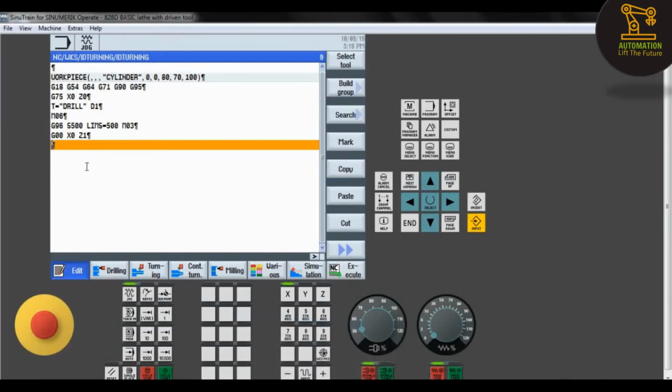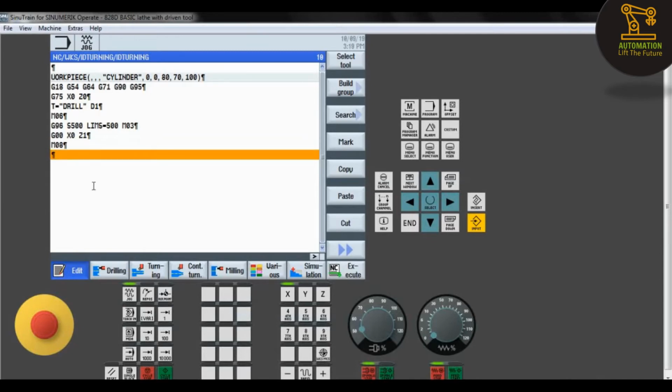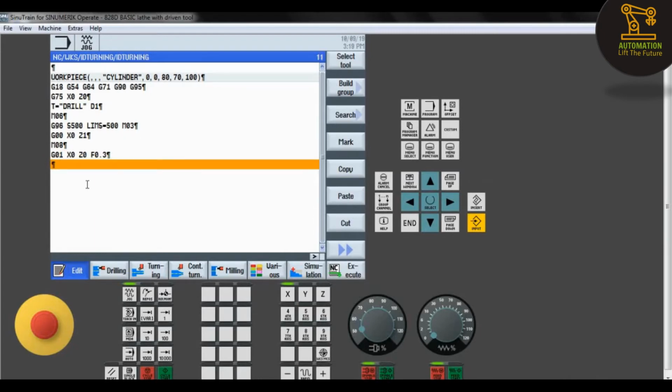So next, it is the approach point. So I was taking G01. Before touching the workpiece, we have to turn on the coolant. You can give it in the program or you can directly turn it on in the machine. So next is the approach point. So I was giving G01, X0 and Z0. As I was approaching the workpiece, I have to mention the feed rate. So F is 0.3. It is the feed rate.